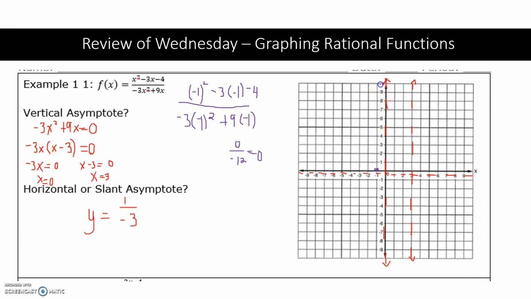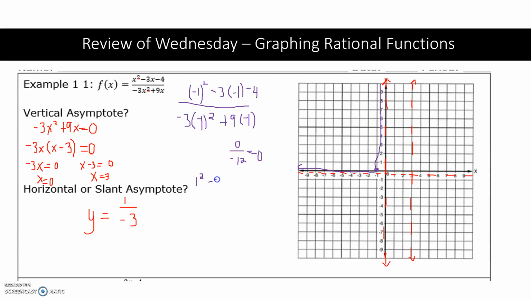So that means my graph is going to be something like this, and it's going to approach this red line, but it's never going to touch. Okay, now I'm going to do the same thing. So I'm going to pick an x value when x is between 0 and 3. So I'm going to pick 1. So I have 1